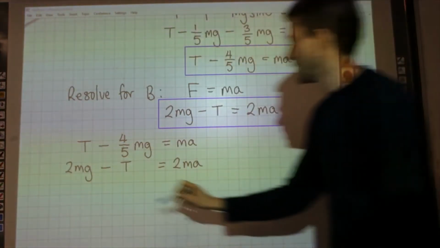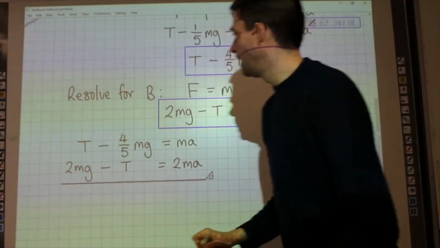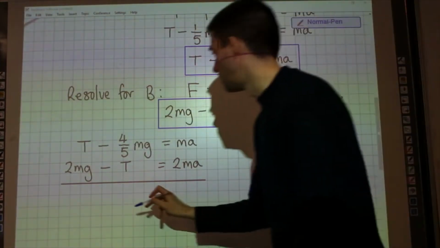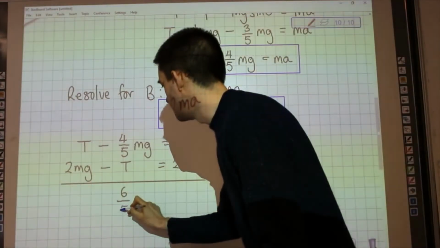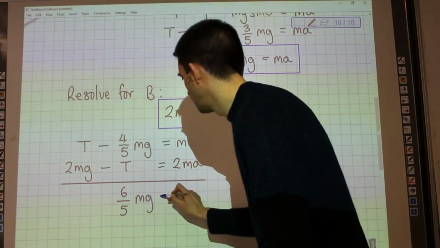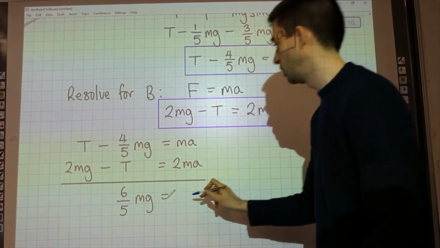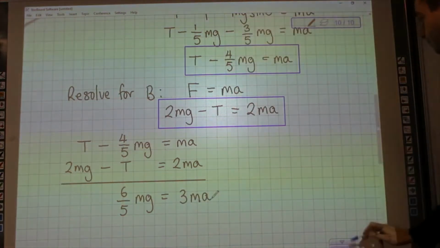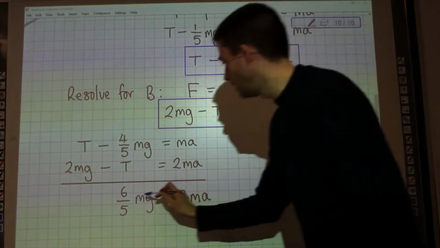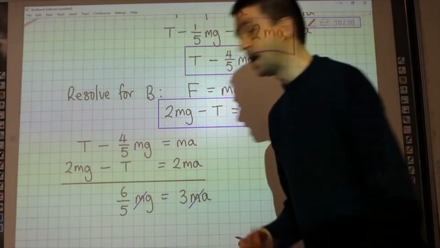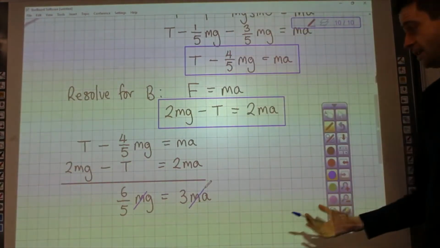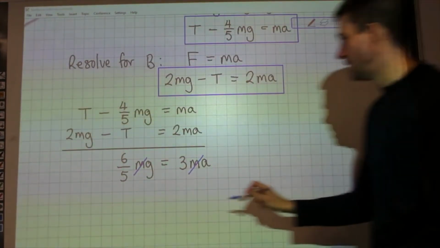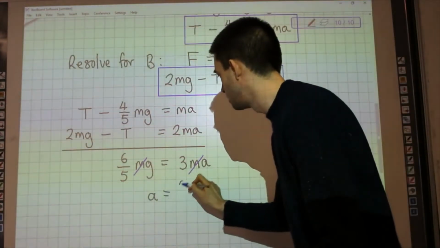As before, if we add those two equations, it cancels out the tension. 2mg minus 4/5 mg is going to be 6/5 mg, and ma plus 2ma is 3ma. The bonus here is the m's will cancel out because they're the same value, and then dividing by 3, we get that the acceleration is 2/5 g,